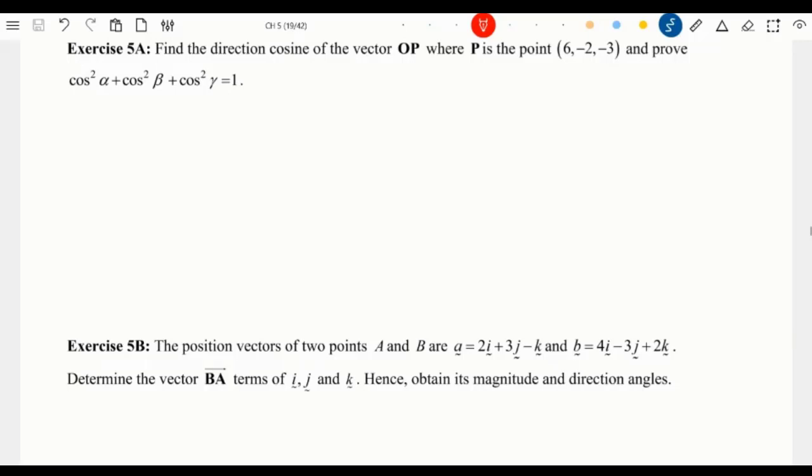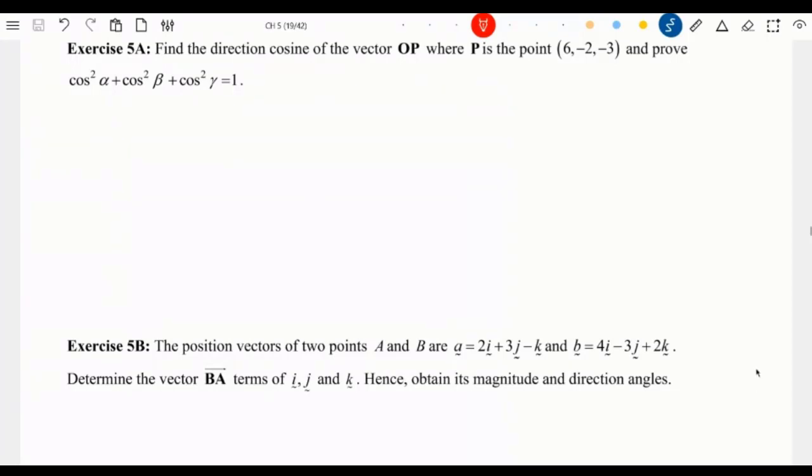Okay, so today we continue with two exercises for scalar product, and then we proceed with the vector product for today, and then the rest we proceed on the next lesson. Alright, so exercise 5A and exercise 5B, which is we encounter with find the direction cosine of vector OP,